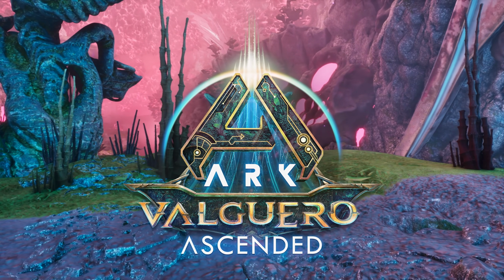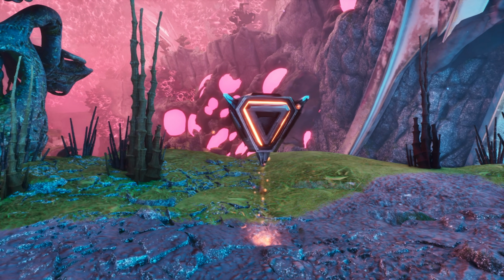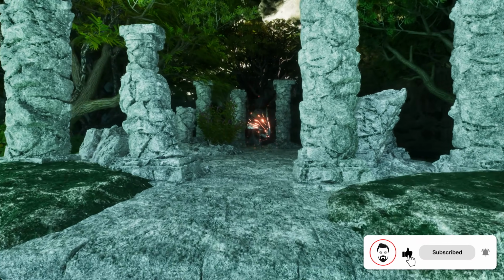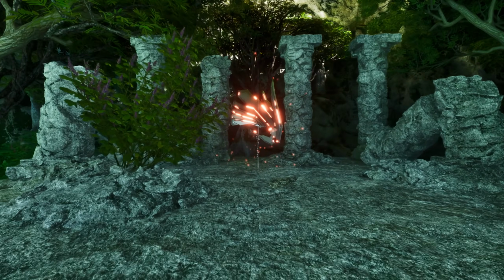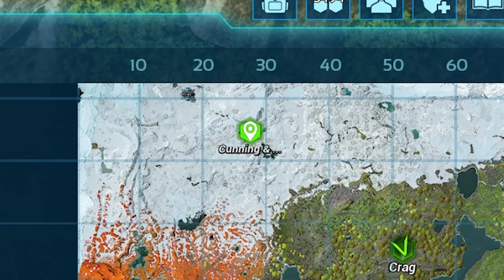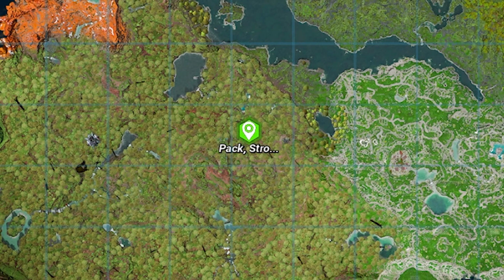Loot and artifacts, 2 sets of things you're going to need if you plan to beat the boss of Valguero. So here's a walkthrough guide on every artifact cave with the best loot sources available to you. As you can see on the map, there are 1, 2, 3, 4, 5, 6 locations for you to get